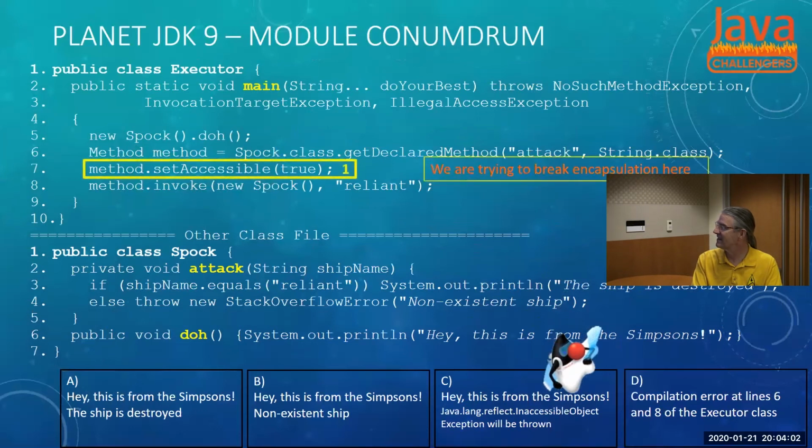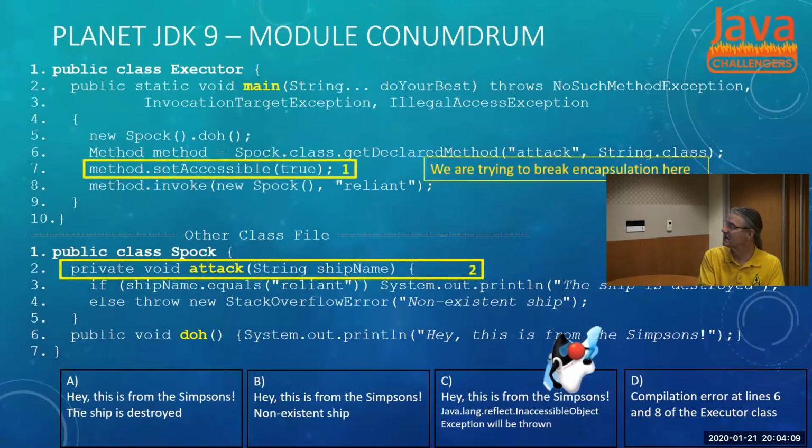Oh, okay. We got A, so line 6 of Spock, and an InaccessibleObjectException. So now we got line 7, method setAccessible to true. So we want to set this method so that, like it says, it breaks encapsulation, we want to see it in a different class. The attack vector 2, and then